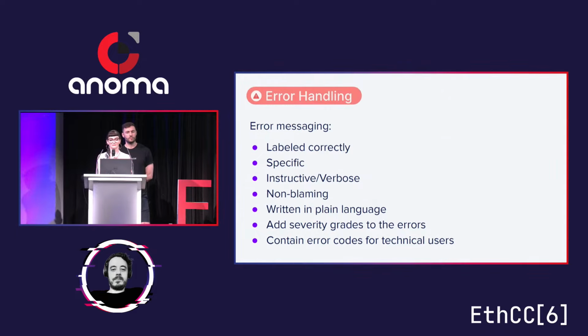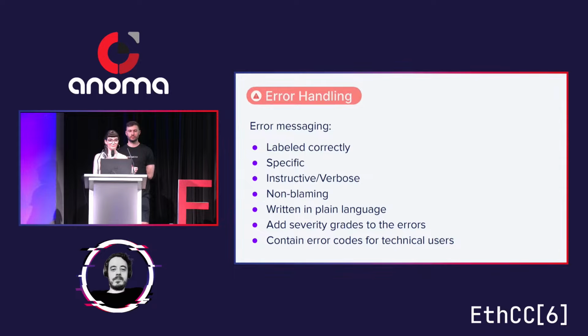And this might lead them to lose trust and actually stop using your product. You have to be specific, so the error messages will tell the user exactly what is wrong and should also guide the user towards a solution. It needs to be verbose. A verbose error message will describe in detail what is the issue the user encounters and will have a hold-hand approach. It should tell the user what are the next steps they need to take to solve the error.